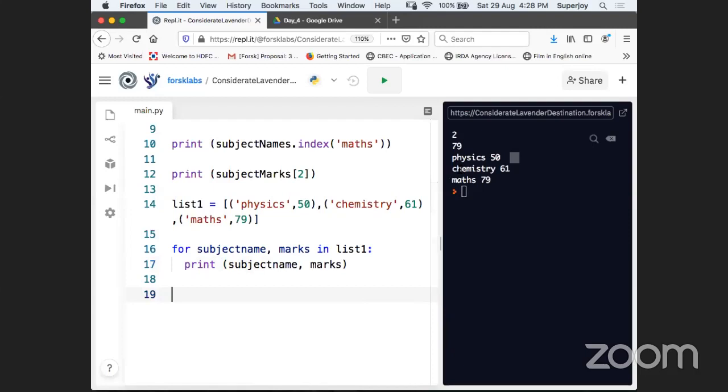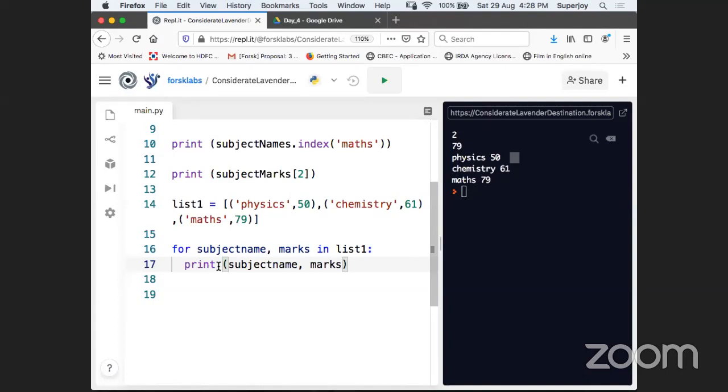Guys, can you see? Now I do not see a tuple in the output, because now I'm not getting the tuple. I'm getting a tuple, but I have unpacked it, right? So now the subject name will go to this variable and the score will go to this variable. And that's why I can print it like that. But I don't want to print. What is my motto? I want to know the index, right? What index we have.